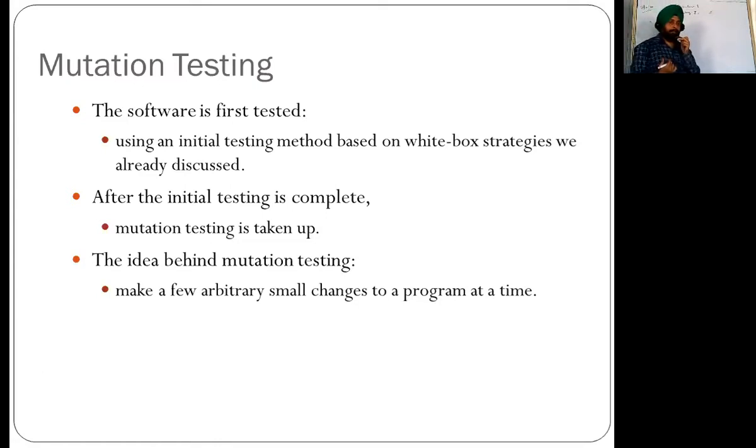So mutation testing is done like this: we will make some changes here, some changes there, in any of the statements. And these are simple changes. It means instead of greater than, we put greater than or equal to, instead of less than, we put less than or equal to, or if int has to be written, I write inti. So we deliberately make some changes in an already tested code.